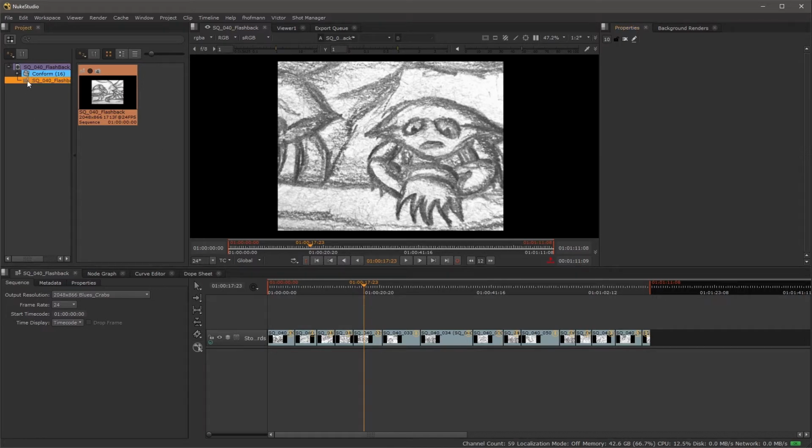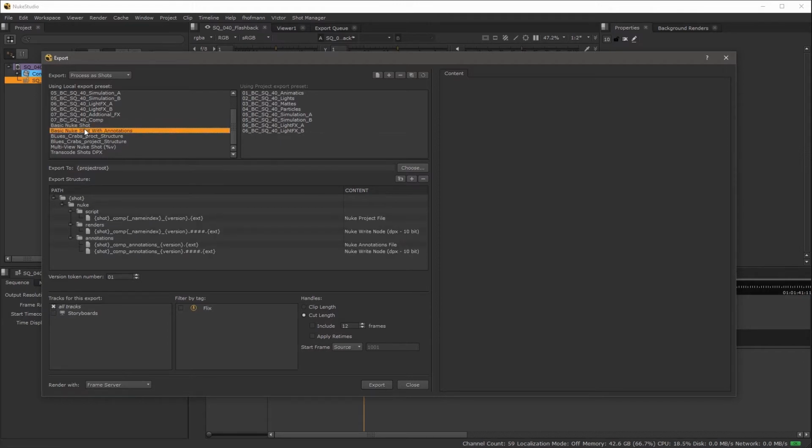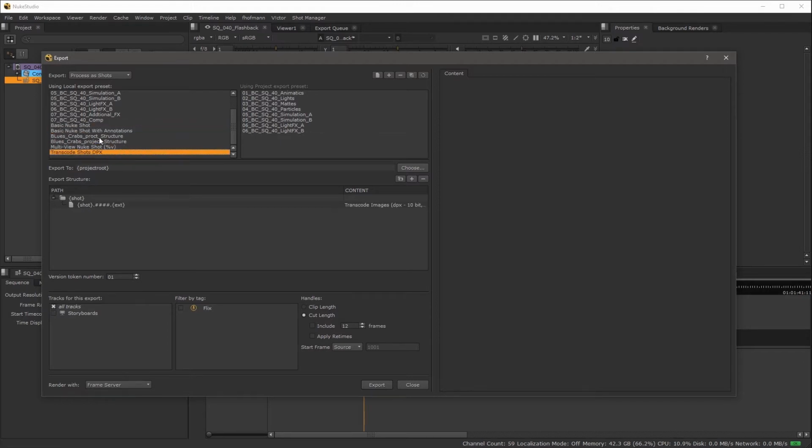If we right click on our sequence and we choose export, this is our export dialog where we want to be exporting directly from here. And we have things like basic nuke shot with annotation, multi-view. We can be transcoding shots, sending things out as a sequence for daily, processing bins as clips. Now in this case, what we want to do is be creating a custom preset that's going to be used to ingest media. So I have a bunch of them here, so we're not going to actually run the export